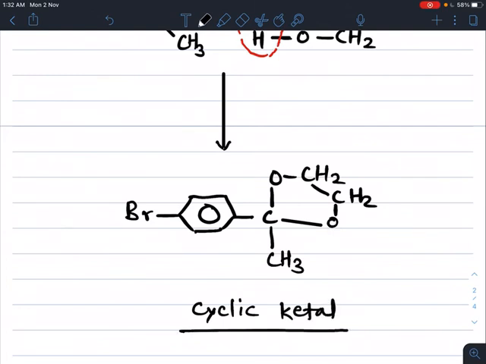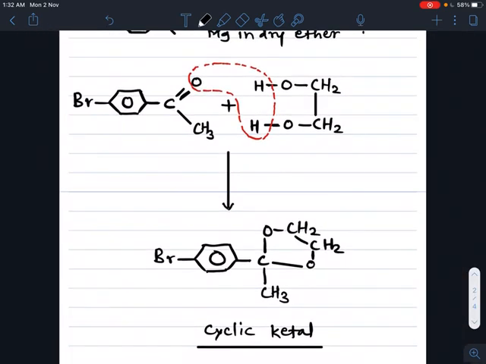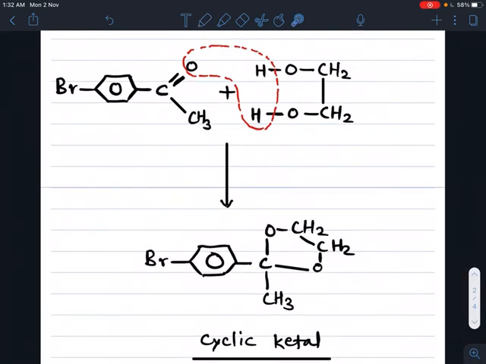So this is about the reaction of the aromatic ketone when combined with the diol, ethylene glycol or ethane 1,2-diol. It gives its corresponding cyclic ketal. So the C double bond O group is converted into a cyclic or ring compound, and generally this compound is called a cyclic ketal. So we get the cyclic ketal of the corresponding ketone.